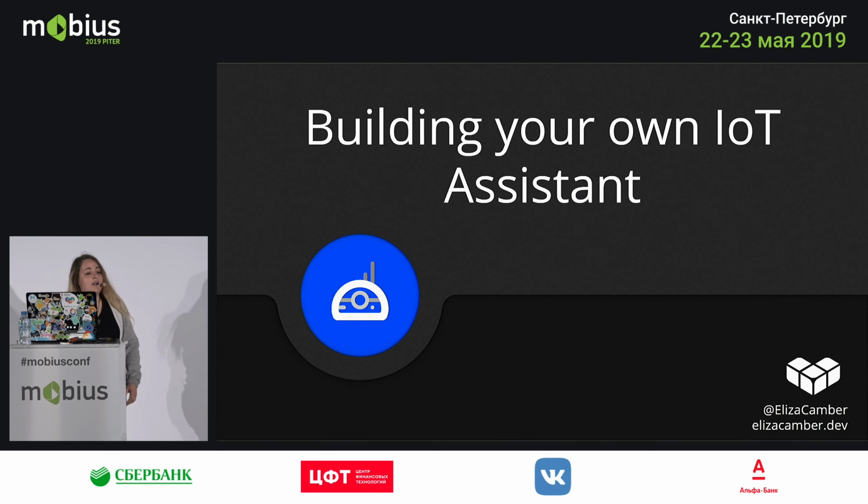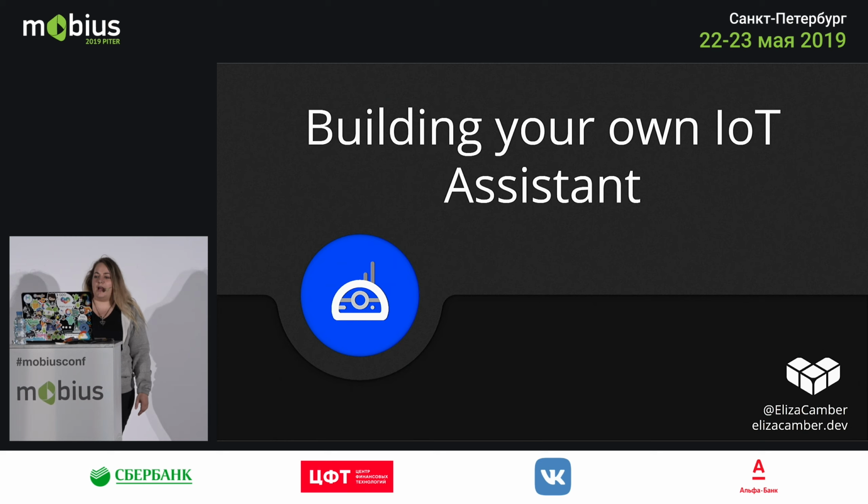We're going to talk about how you can build your own IoT assistant and what components you will need to be able to do this. So first of all,